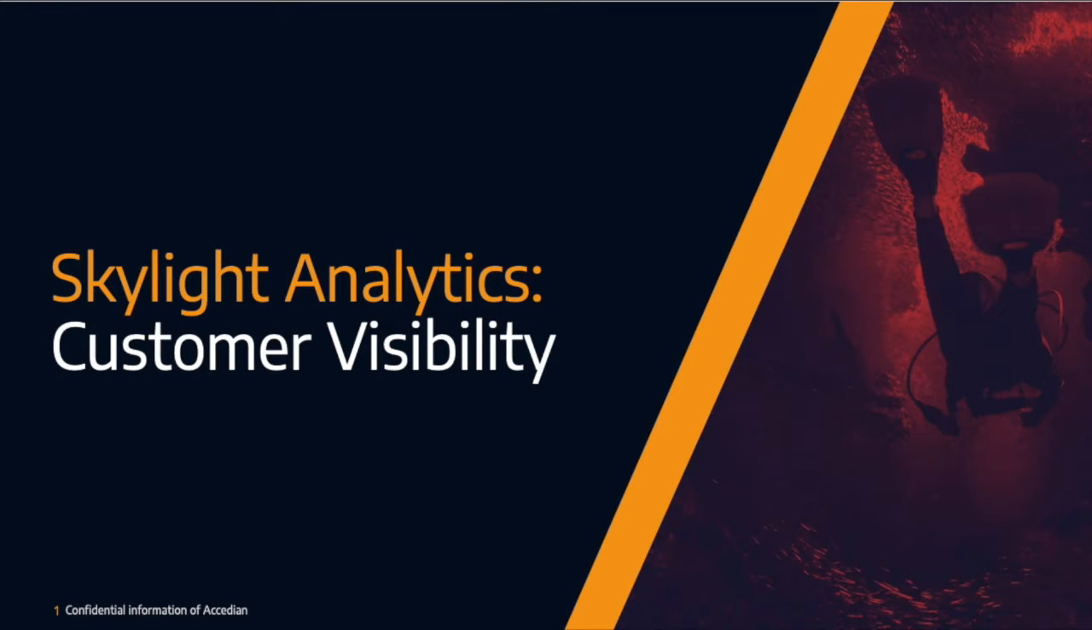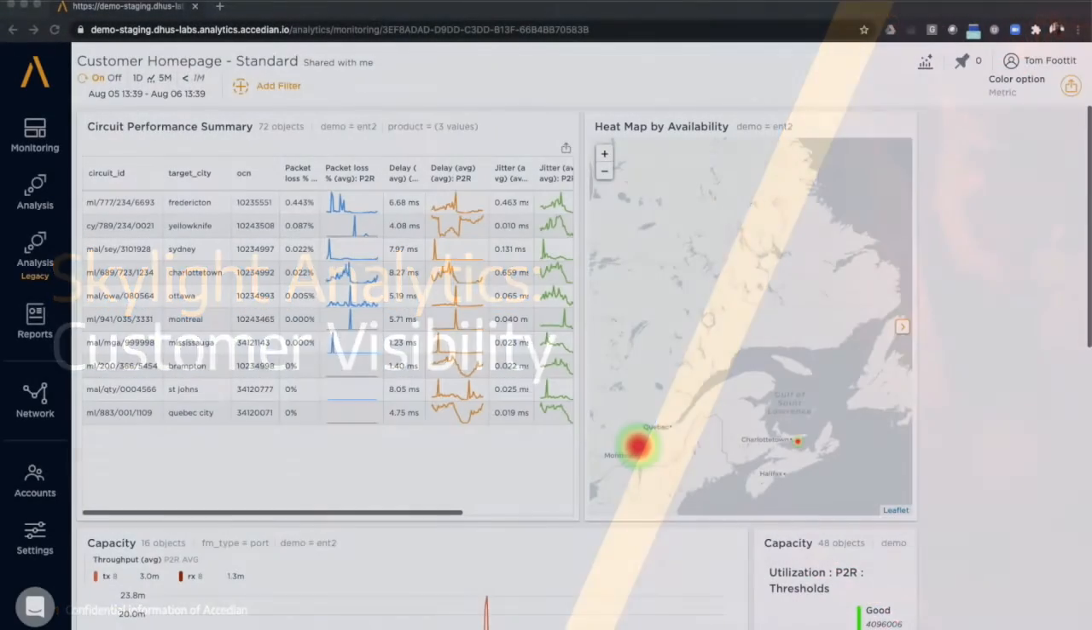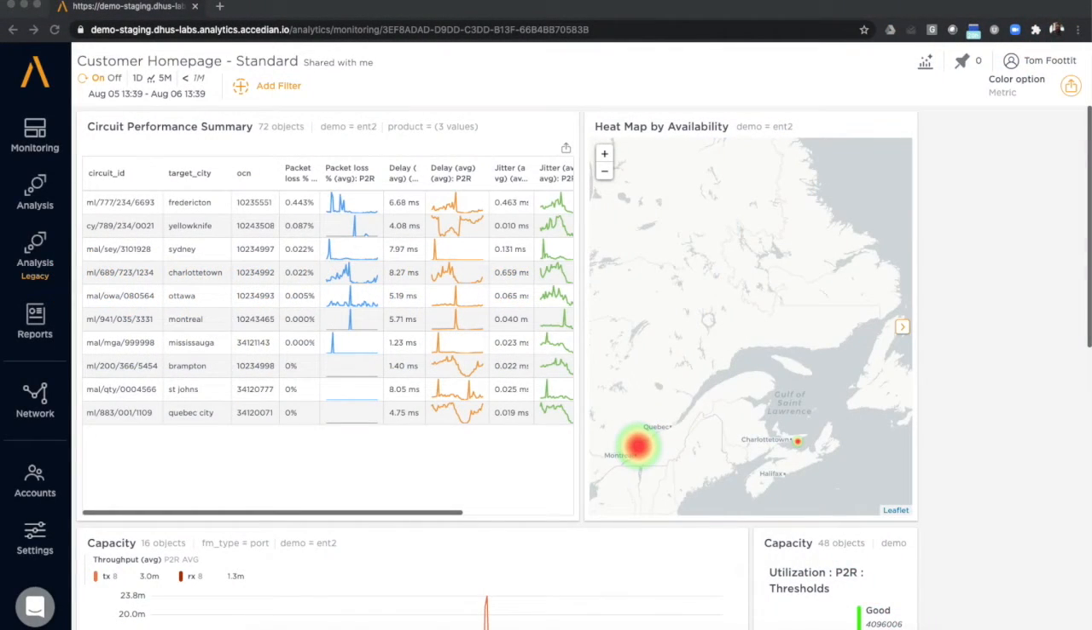This is a quick introduction to Skylight Analytics, Customer Visibility. I've logged on to Skylight as an administrative user, so I have access to all customer data and all dashboards. You can see here a potential dashboard that's used with a basic view of all customers, in this case looking